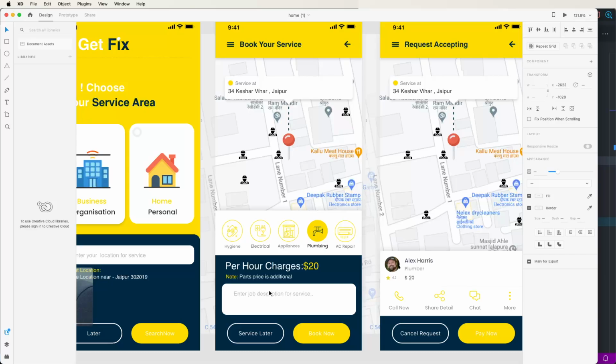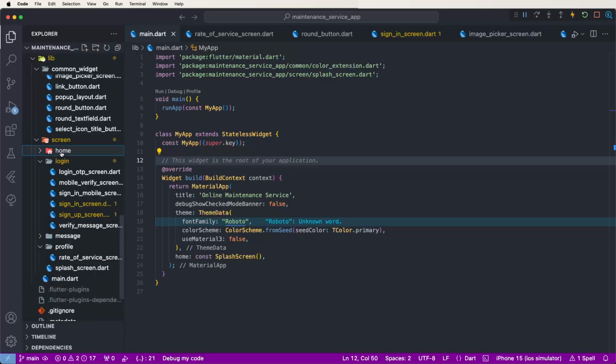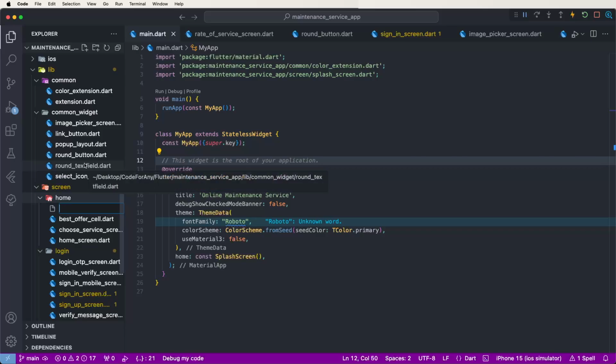So let's start and see how to write this in code. First of all, we need to create a new Dart file. Now go inside the screens folder and select the home folder. Then create a new file and give it the name book